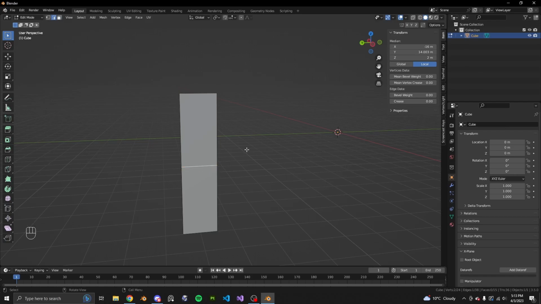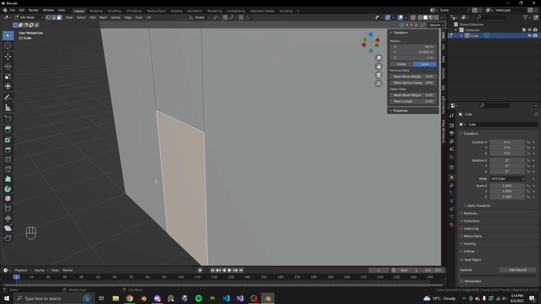And if you click on this edge, you can see that it says 2 meters up here on the transform panel. Now, if you accidentally moved it up or down or something like that, you can obviously go to the loop cut and slide panel. If you don't click anywhere else, you just press this factor thing, and that should bring it back. Let's go ahead and do the same extrusion method